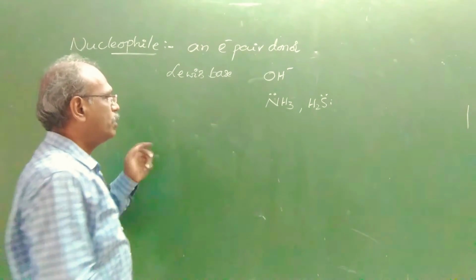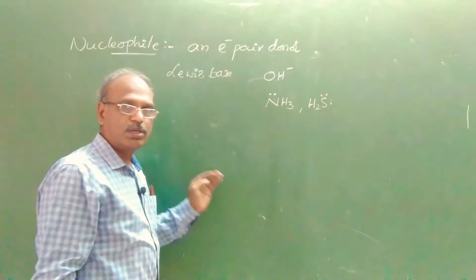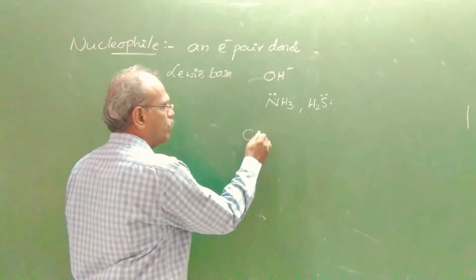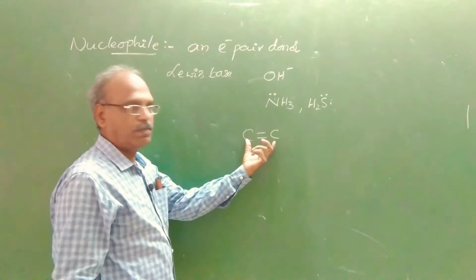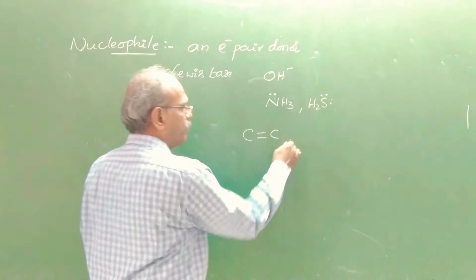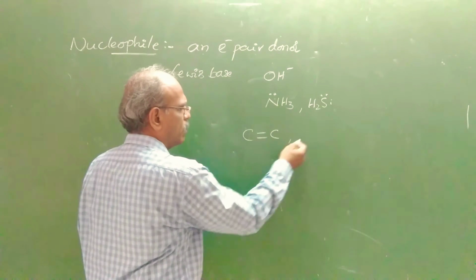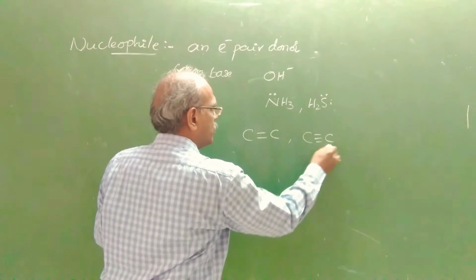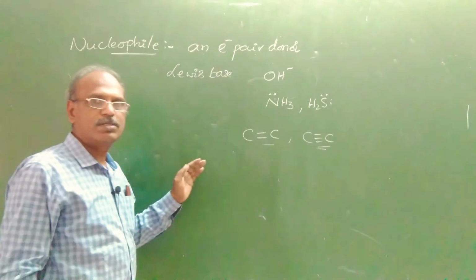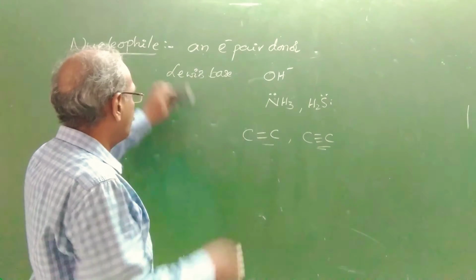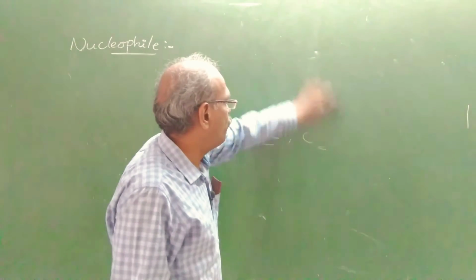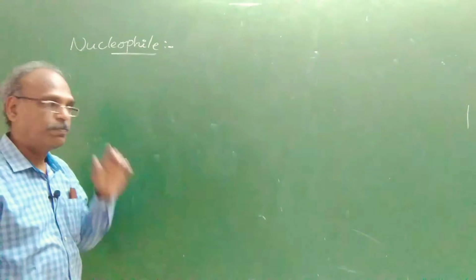such molecules can act as nucleophiles. Or if you look at organic molecules generally having multiple bonds between like atoms, like C double bond C, bonds of same atom, generally carbon atoms, C triple bond C. These also act as Lewis bases. So in general, this is a nucleophile. A nucleophile is defined as an electron pair donor.